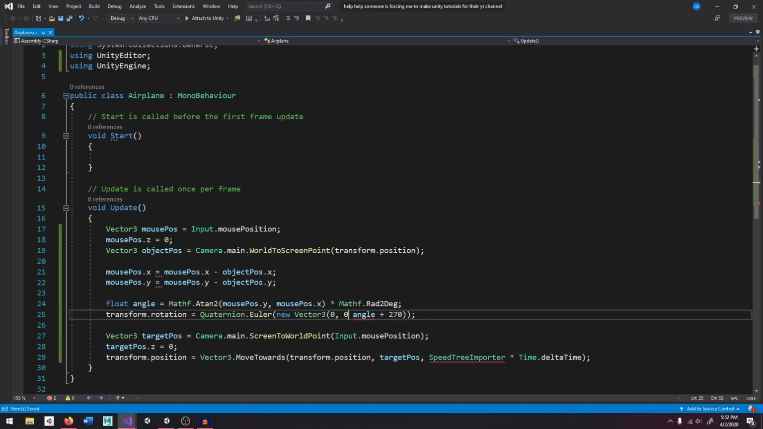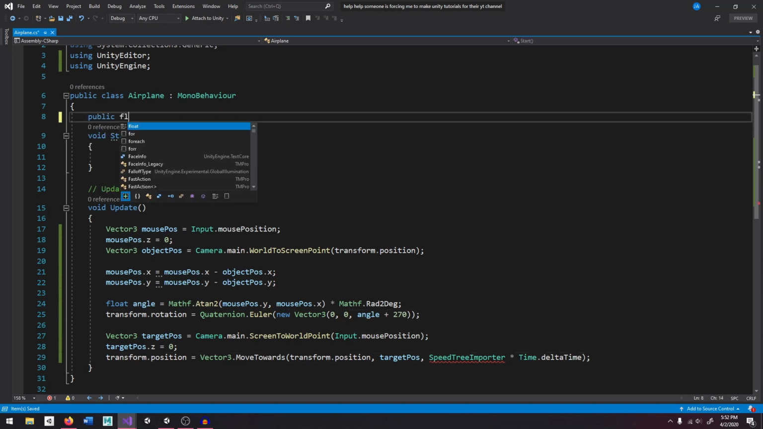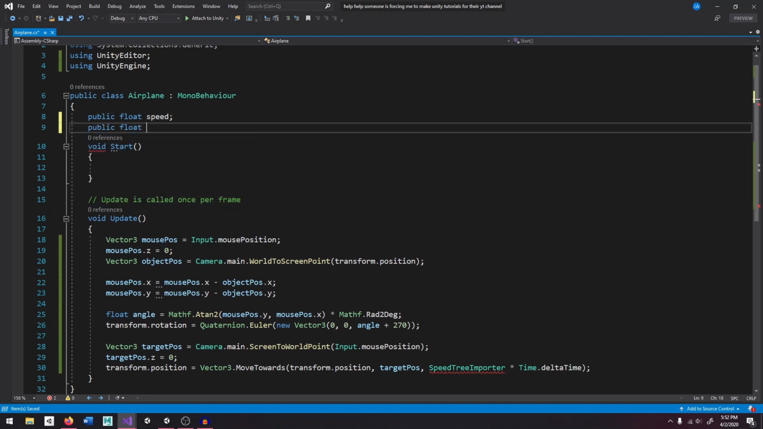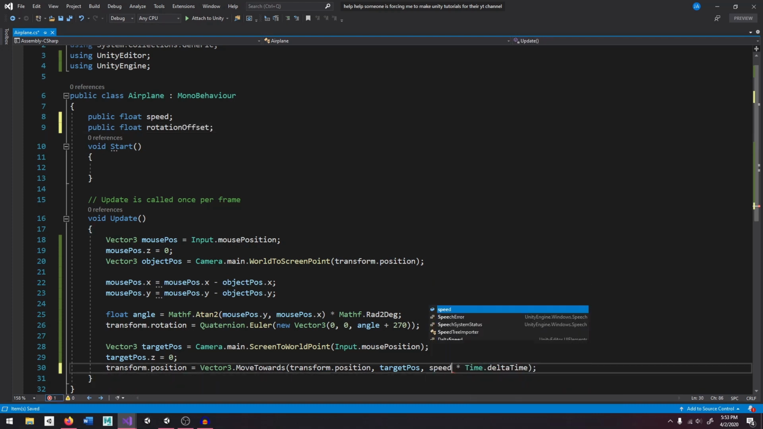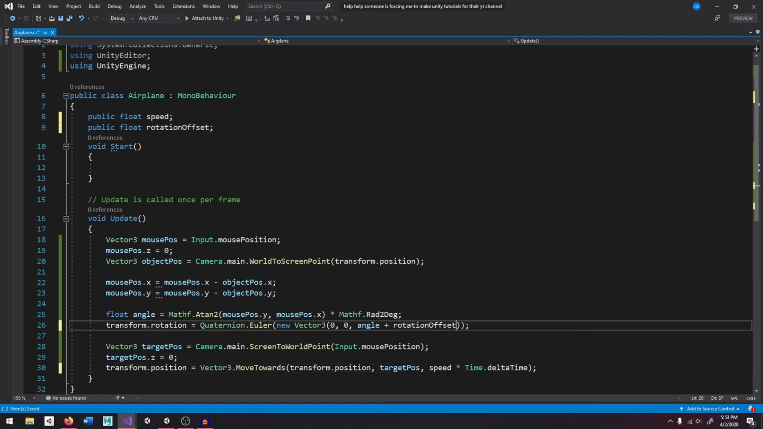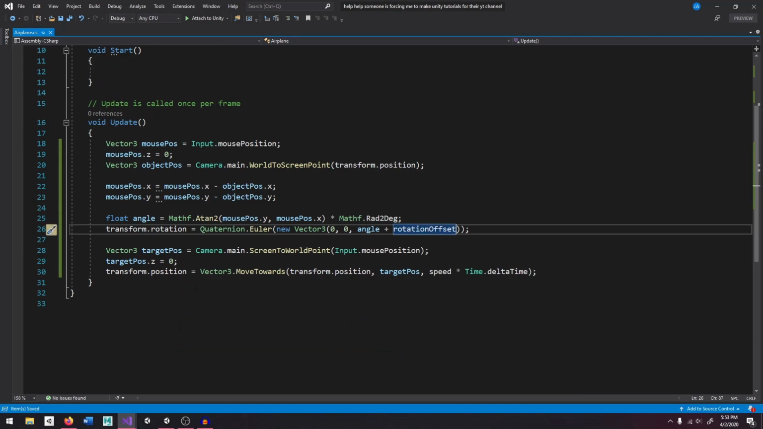So I forgot a comma here, and I'm going to make a public float called speed and a public float called rotationOffset. And let me name this speed, and right here where it says 270 I'm going to type in rotationOffset. So now I'm going to save the script and go back to Unity,